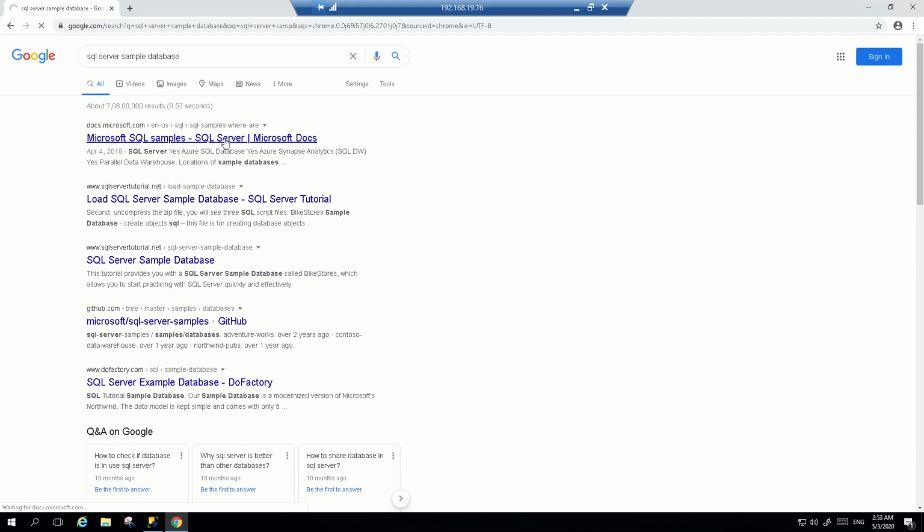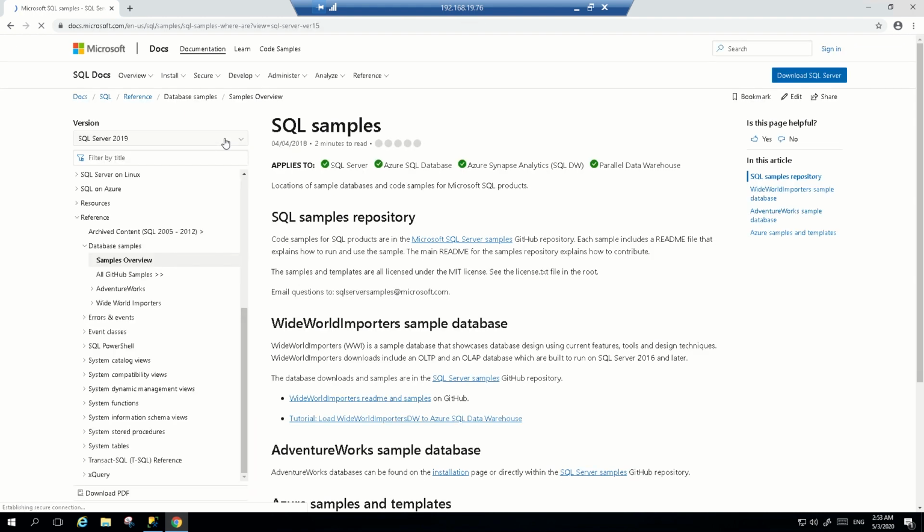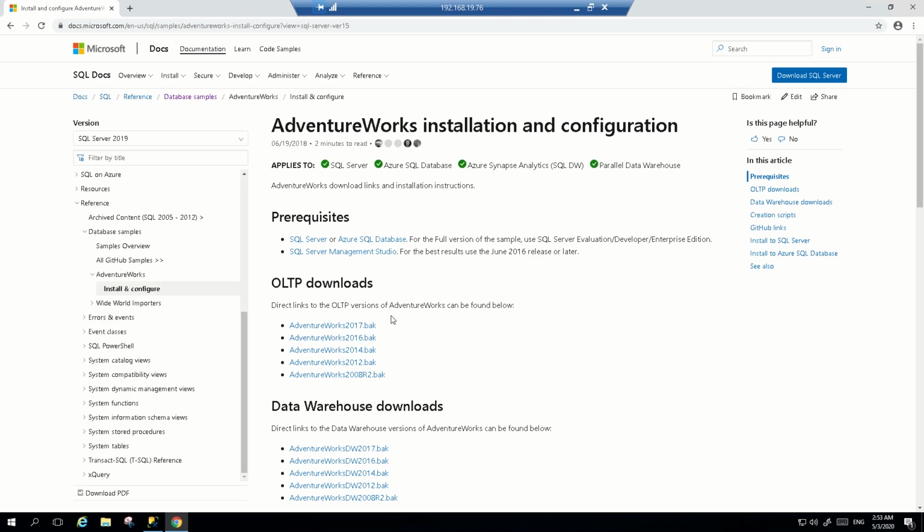When you go to this link, it gives you the option of two sample databases, as mentioned before, AdventureWorks and Wide World Importers. AdventureWorks is a legacy sample database. I have been seeing it since SQL Server 2000. Microsoft upgrades it with new features and database objects with the launch of each new version.